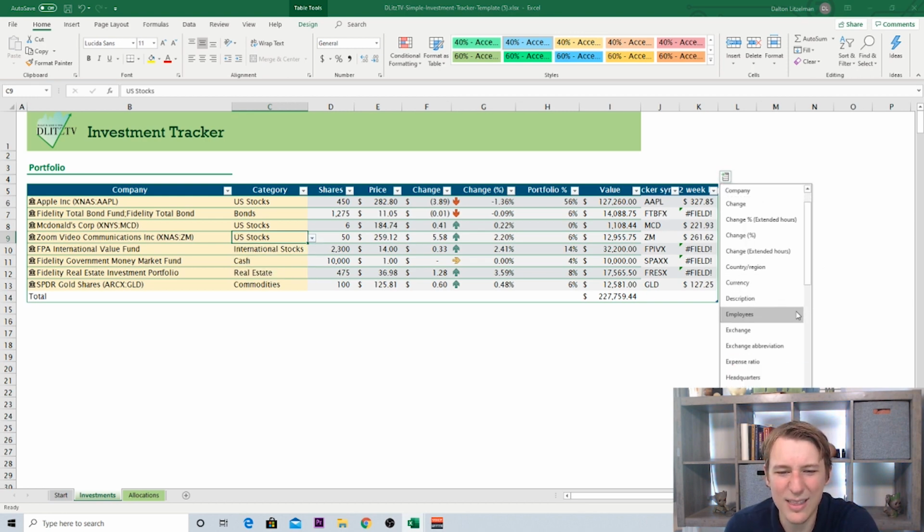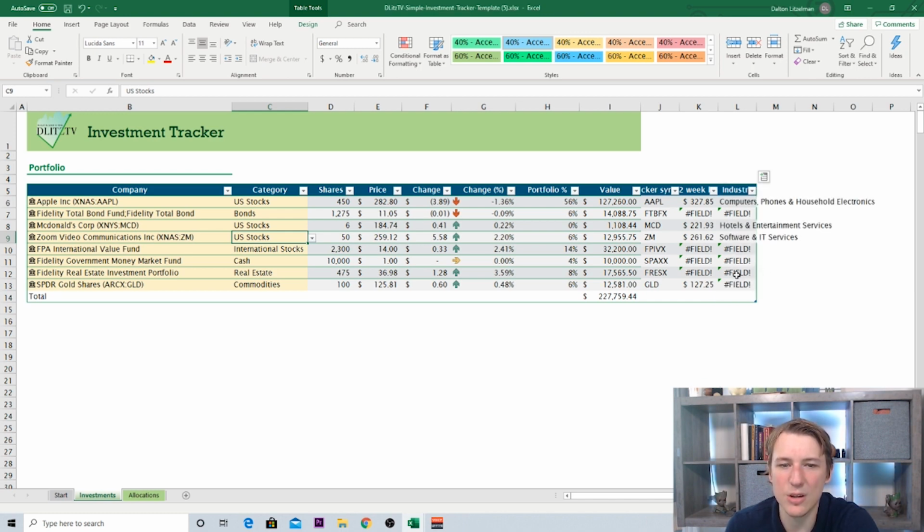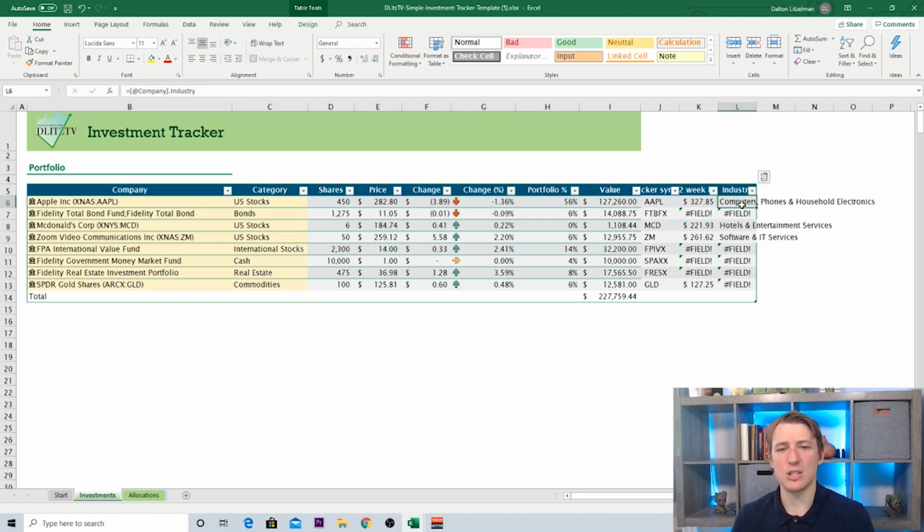Looking at this, other things that you might be interested in is the industry. Unfortunately, some of them don't automatically get updated here as well. So there is a little bit of manual input if you want it to be 100% accurate with your own checking. And honestly, if you're looking at industries, a lot of times the pre-built industries aren't exactly what you have in mind for industries that you want to be tracking. For example, I wouldn't call this computers, phone, household electronics. I'd probably call Apple a technology company, just categorize it a little bit more in a broad sense,